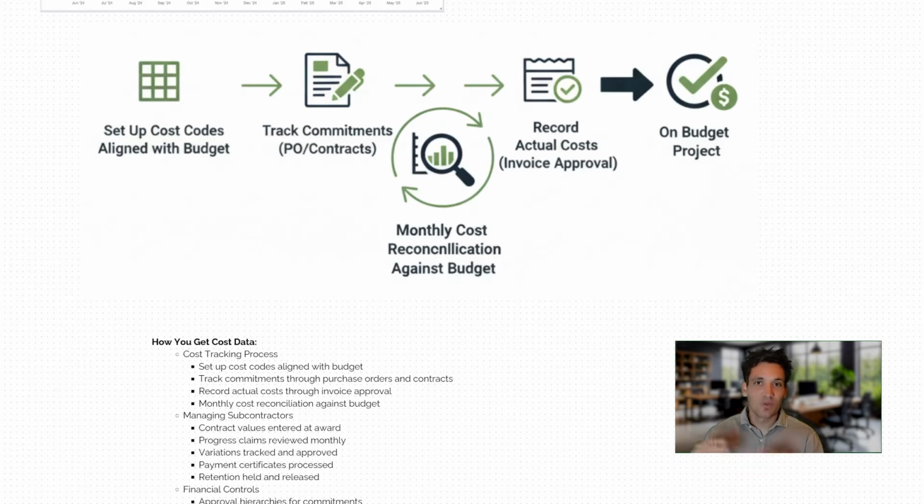Then each month, we'd reconcile our actual costs against the budget. We'd reforecast the cost to complete for that package. So that's how we get our original budget, our actual costs incurred, and our forecast cost to complete. For each of our subcontractors, we're really going to be tracking the original contract value that we signed a contract for, the original commitment we've made, any progress claims they're making, how much we're spending, what sort of variations they're putting in, whether the variations are being tracked, approved, so on and so forth, and also any payment certificates